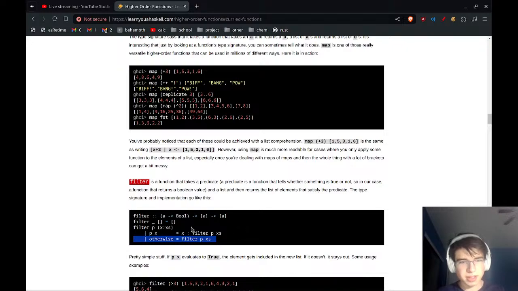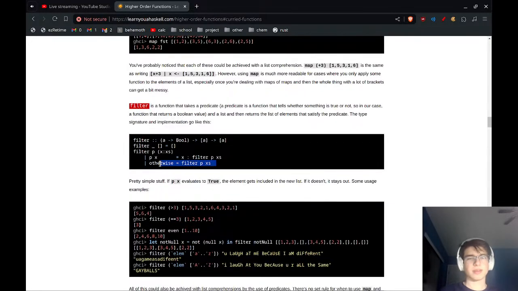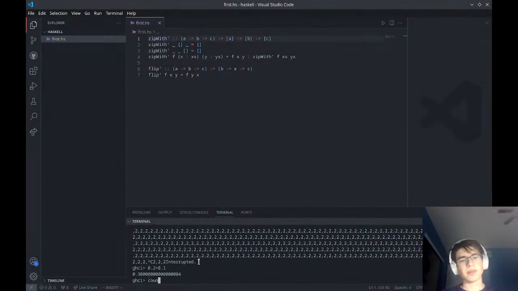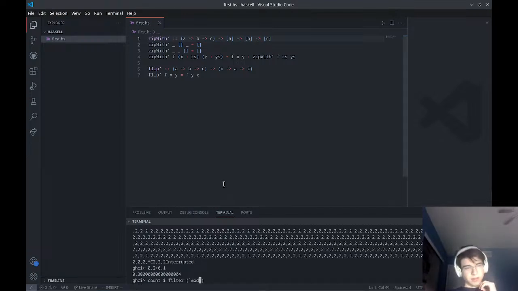I should probably stop calling things F every time. I should call it key. In this case, for predicate. Filter equals 3, filter greater than 3. Right. And you can do stuff like count filter. I don't know. How do you do that? Check whether something mod 2 equals 0. Obviously you can do this, but